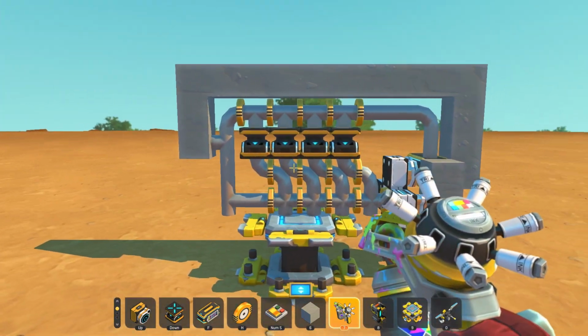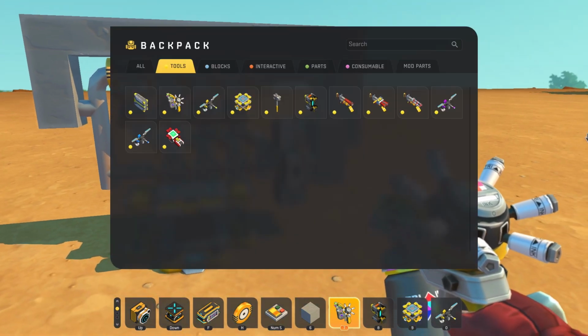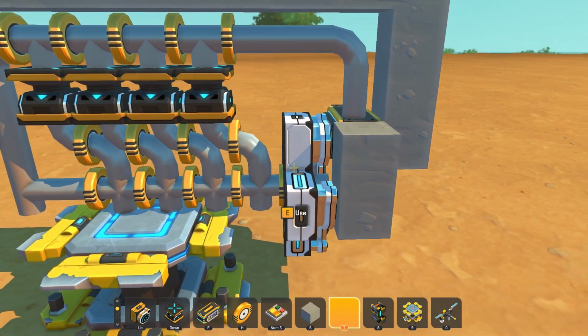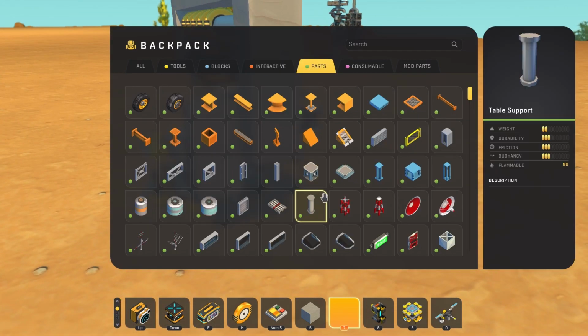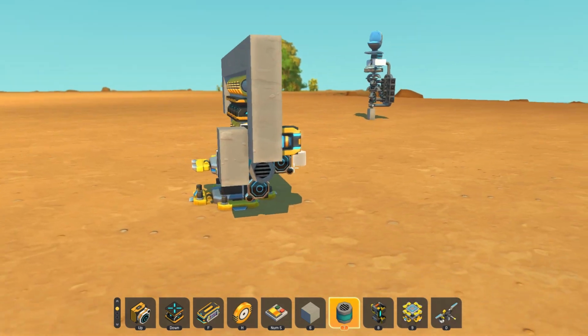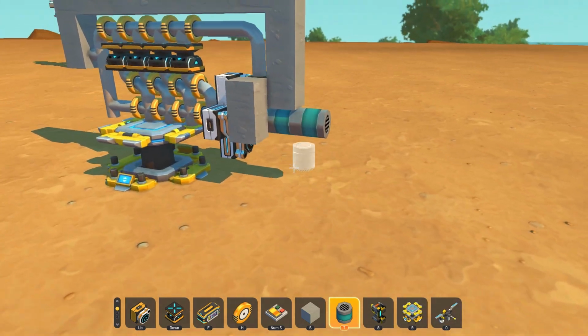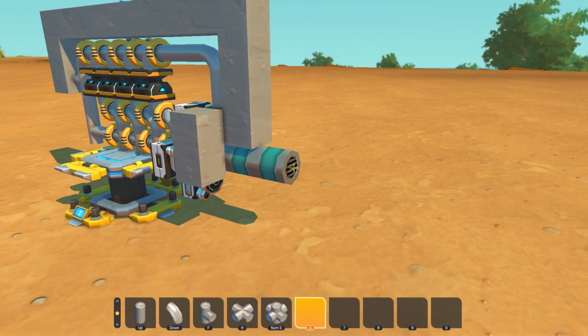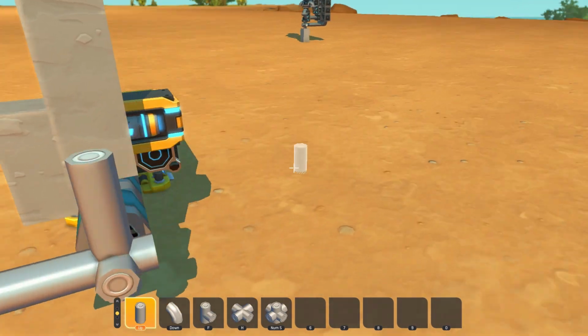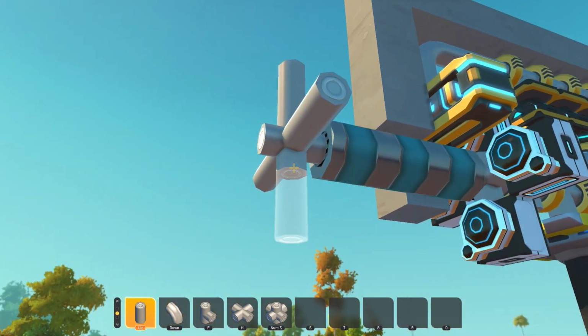This is not blueprint edited in any way. There's no shenanigans here. And then you're gonna get a big pipe for like a pass-through. I don't normally do this, but this is only for people that don't really know what they're doing. So yeah, and then you have this little plus square here,